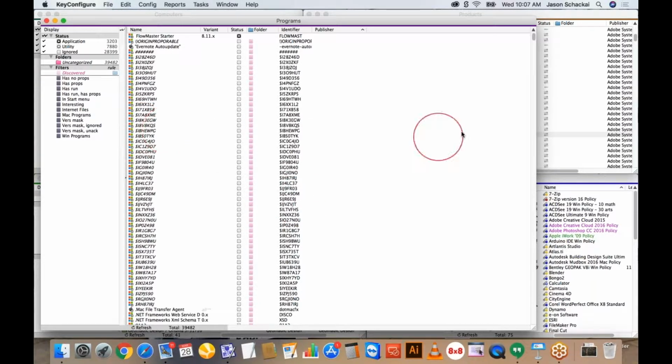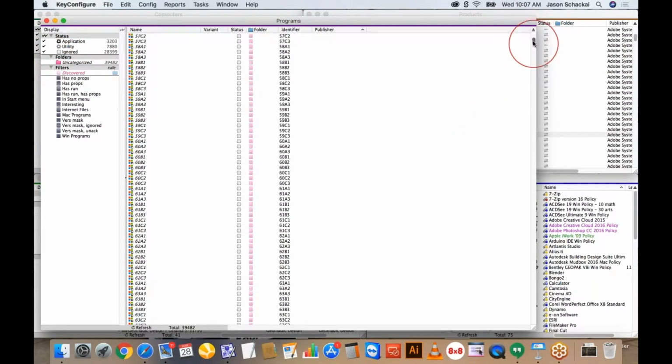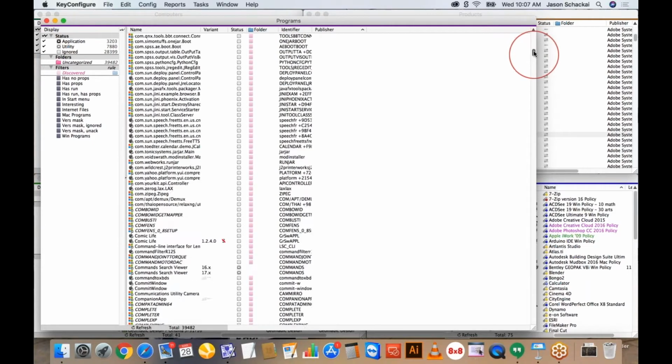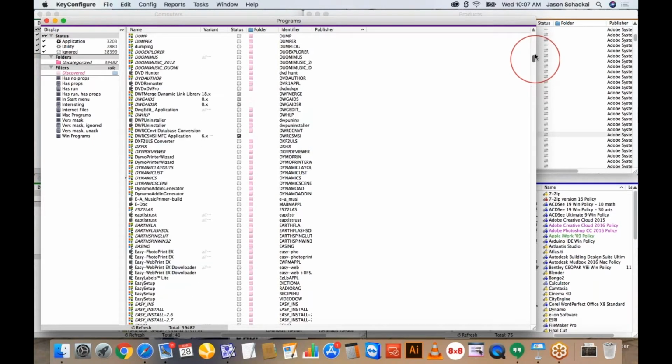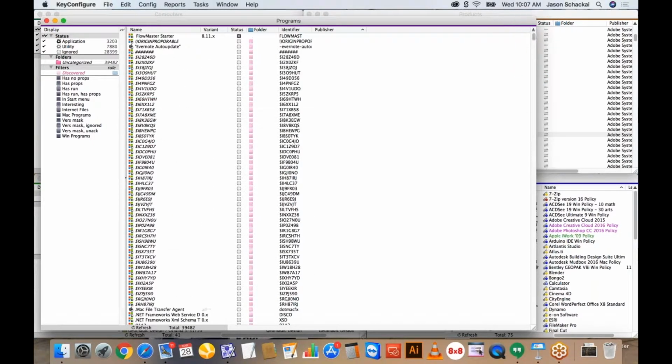You'll notice there's a lot of sort of jumbled names here. Currently we have applications, utilities, and ignored selected. So we're seeing a complete list of every executable file on every computer in the network. That's what filtering